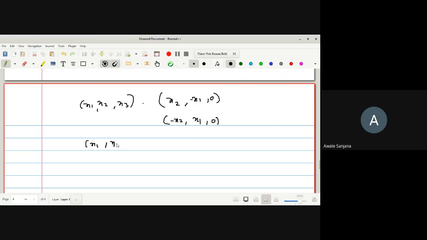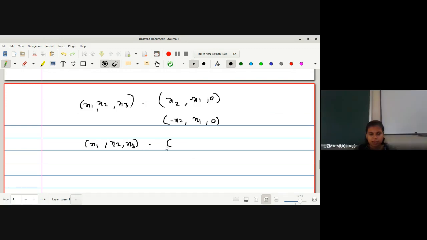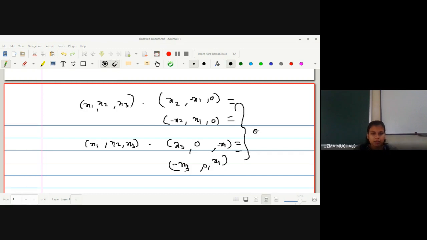Yes, ma'am. Everyone has to check this because this is a question asked similarly in the SET exam. Earlier we made the first and second 0. Let me put the second, first and last 0, right? Now let us put the second one 0 and then we can have here x3 and here minus x1. What is another possibility? x3 with a negative sign, here 0, then here we have x1. This is also 0. The dot product of these two will be equal to 0. Right? So how many possible tangent vectors can you have for the normal?